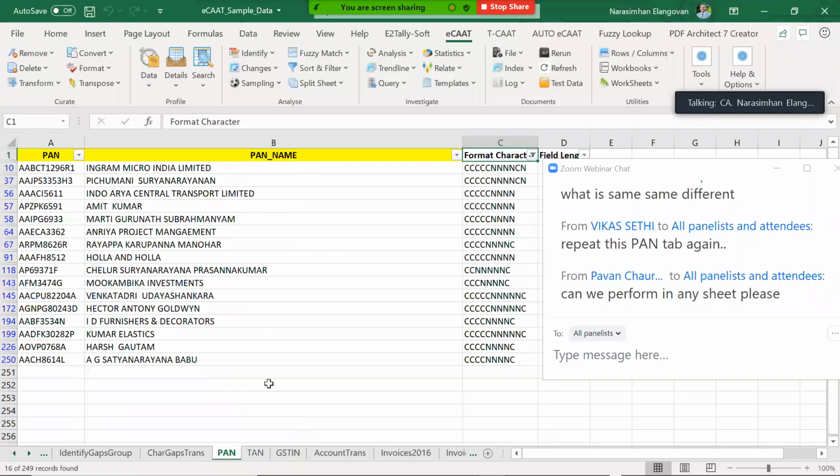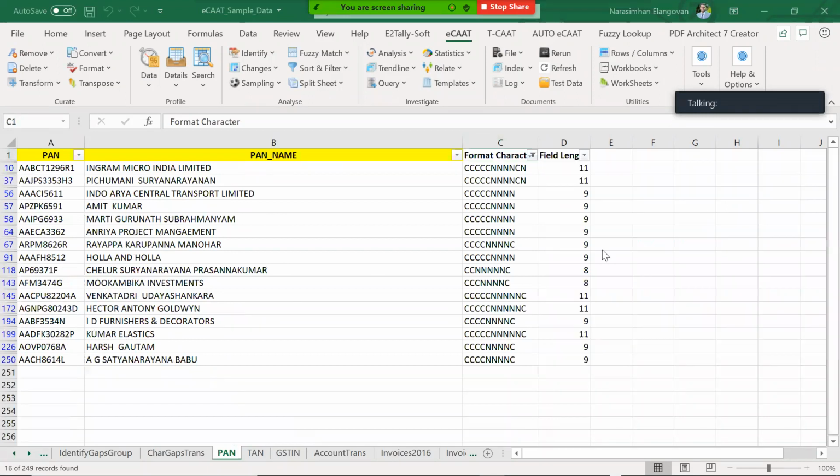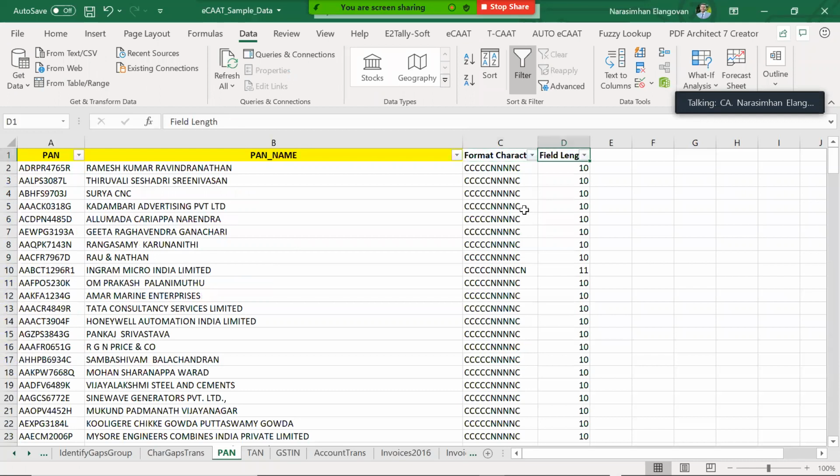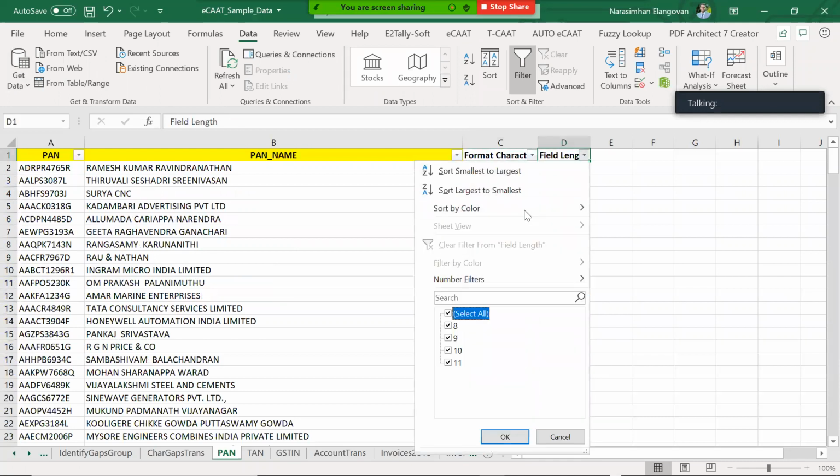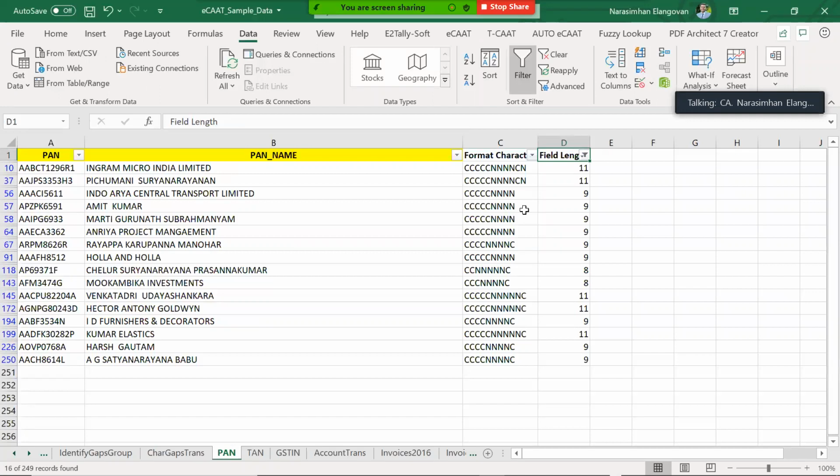Look at this. In the same sheet it applied, it gave you a lot of unique attributes. It gives you field length. I think PAN length is 10, right? So any field other than 10, it will highlight. It has done everything for me. I need not bother. Somebody while entering the data, there has been some issue. Can you see this? Character, number, character. So maybe some mistake while entering the data. Now you can quickly validate.